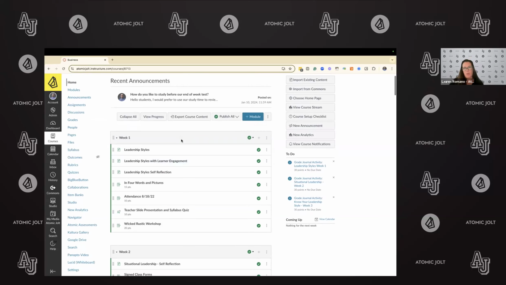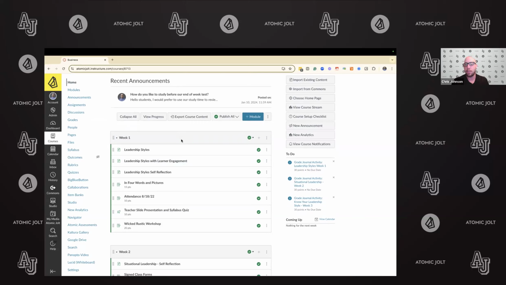And Chris, we have a quick question. Oh, sure. Asking about, does this sync with the gradebook? So the tool can sync with the gradebook depending on where you embed the application. So if you created an assignment and made a poll an assignment, or a discussion an assignment, then it could be graded.